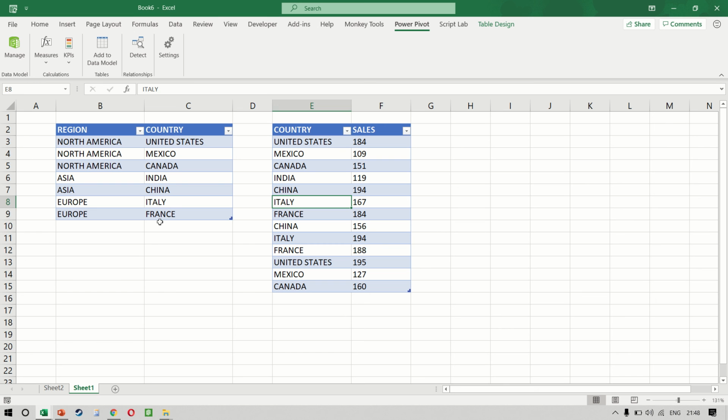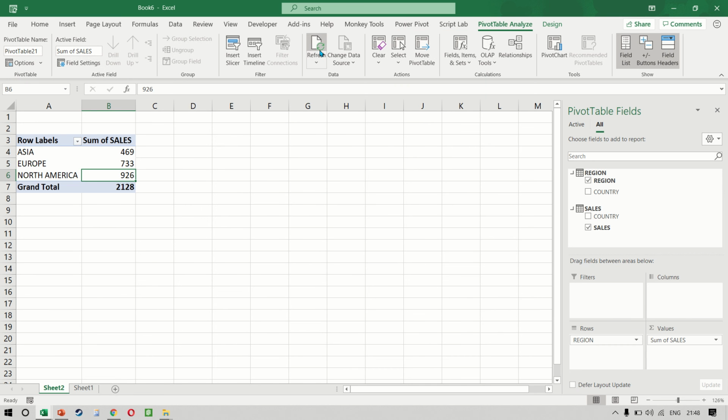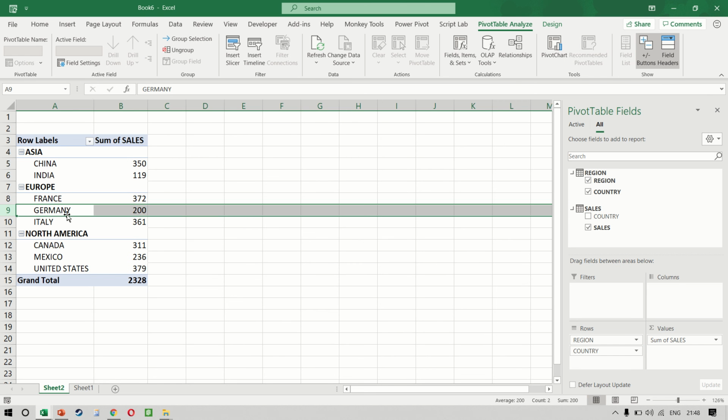And the best part is that in the future, if more values get added, for example, I say Europe and maybe Germany, and let's say there is a Germany here that has 200 as the sales. Right now it is telling us 2128, but the moment you click on pivot table and refresh it, did you see the number automatically changed? And if I put my country in rows, you can see that Germany has also got picked up.